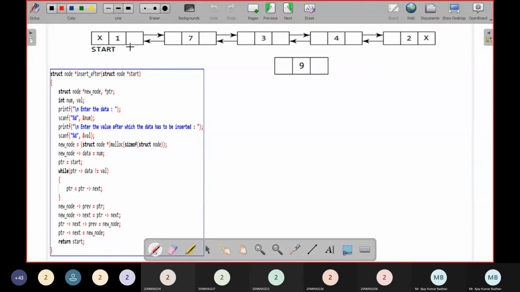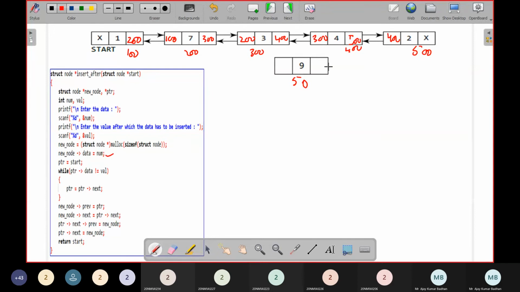Let us suppose initially the addresses are 100, 200, 300, 400, and this is 500. So here what can I write? 200, right? So here it will be 100, 300. This is something initially 200. This will have 400. And if you come to this, it will consist of 300. And the same way you have 500, and this will consist of 500. Now this is the new node created.